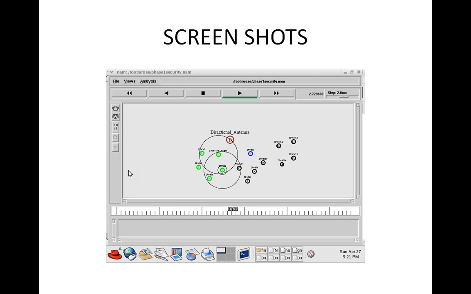In this, I am transmitting the signal between the source and the destination using the directional antenna. In this, I am predicting the adjacent node. How I am predicting means, initially I am sending a request to the nearest node. After extracting the acknowledgement, I am finding